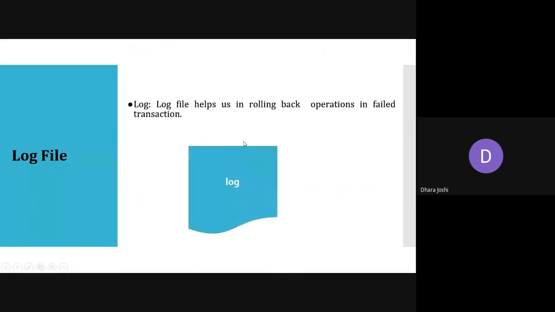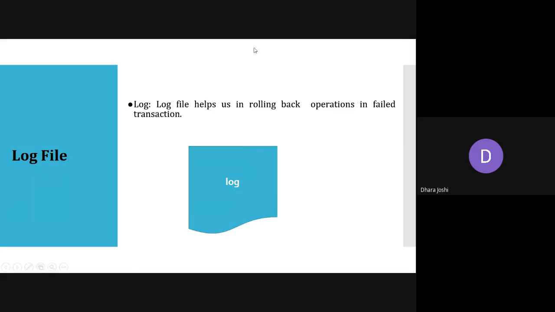What is a log file? Whenever we are completing transactions, and meanwhile some kind of failure occurs, it can be a hardware failure or a software failure. At that time, we need to undo all the operations, and we say that it will be rolled back.